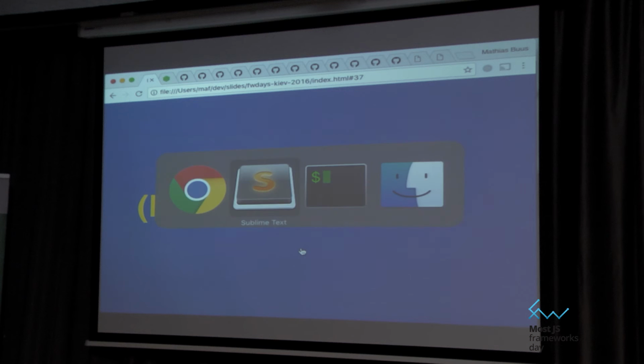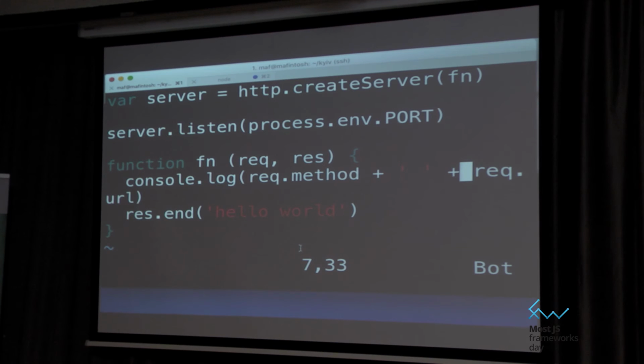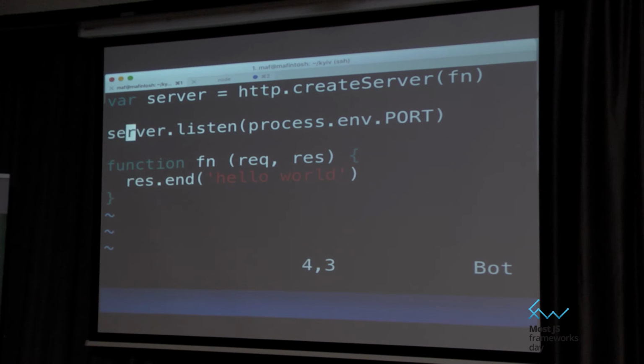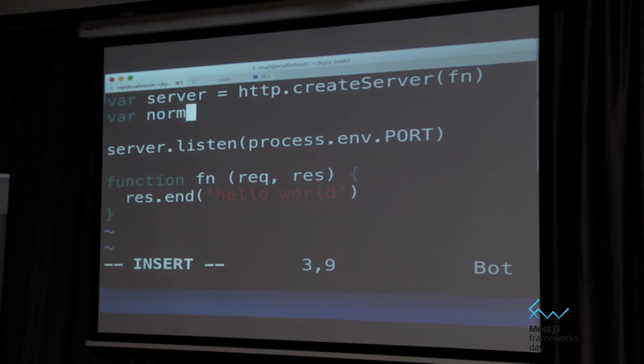Instead of having the server log out to a console log, I'm just going to use this cool module my friend wrote called Normalcore. That's just the same thing as these Hyperpipes, except it's a module you can use from Node.